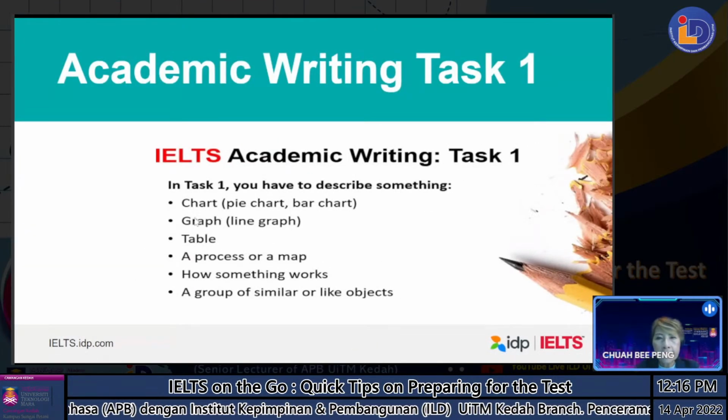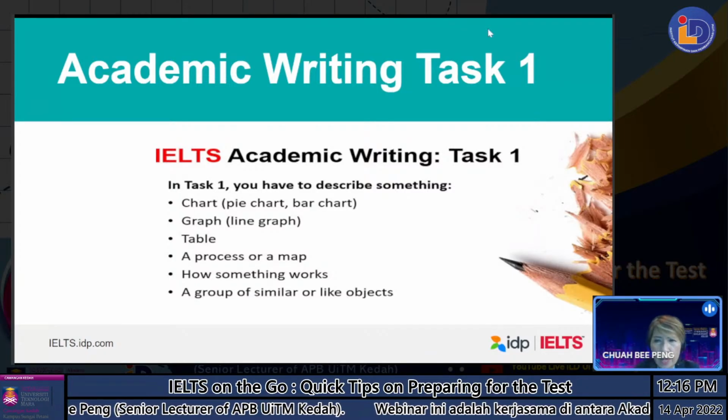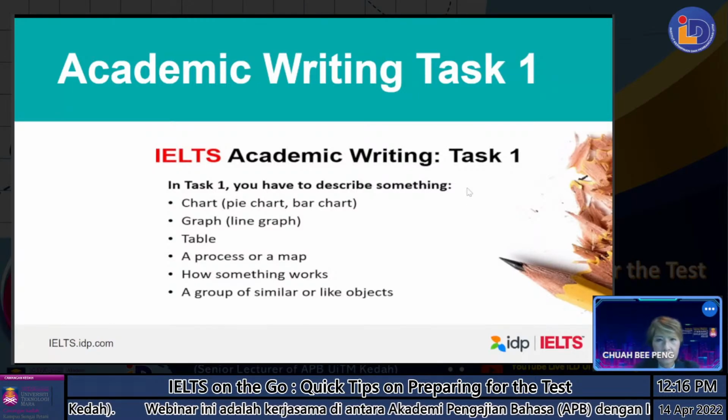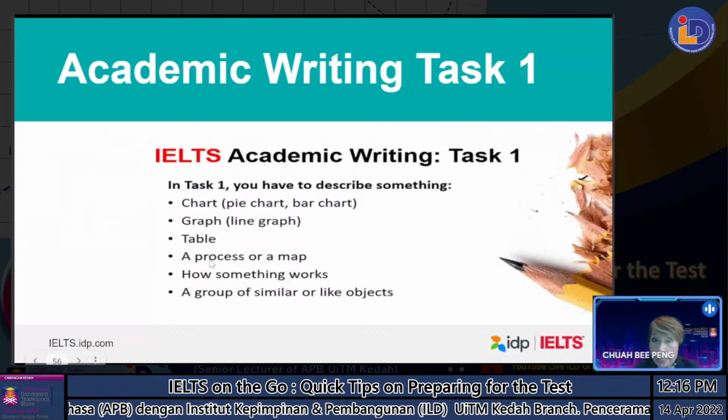So, like I said, you might actually get a pie chart, bar chart, line graph, table. Sometimes they can give you something rather complicated, a line graph with zigzags. So you'll be thinking, how am I going to compare all this in 150 words? That you have to think about. Table, a process, a map, sometimes a flow chart. Sometimes it's a process, how to